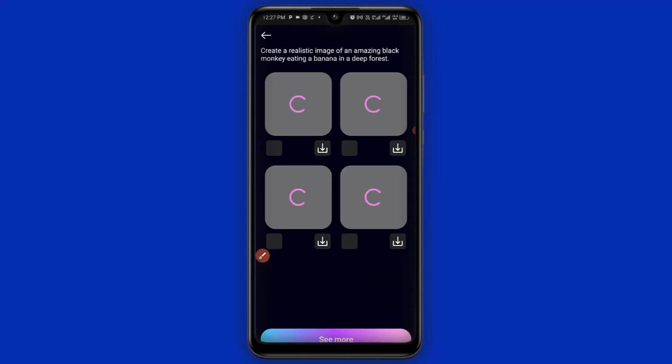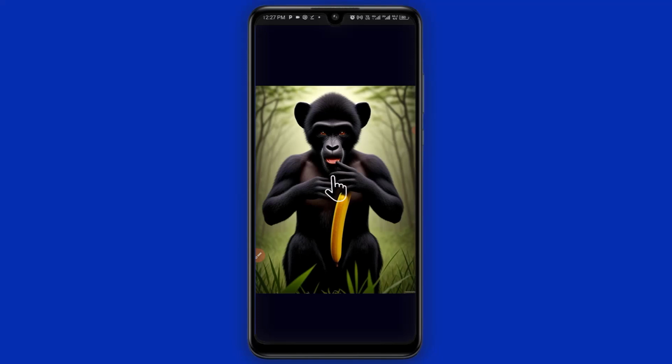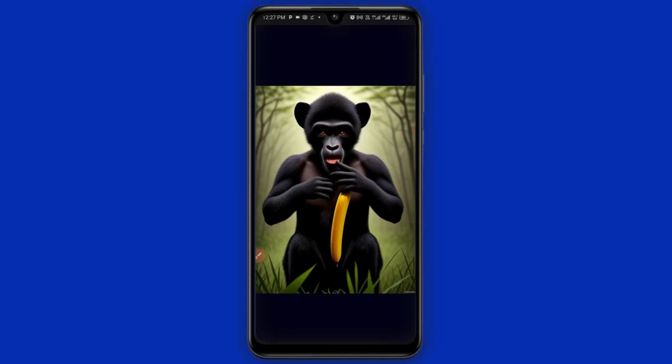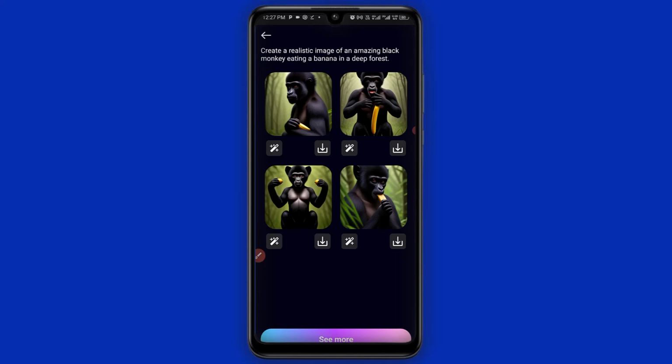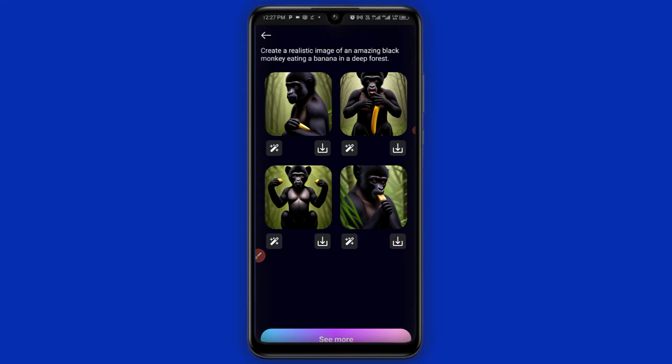So in a few seconds, it's going to generate 4 different options that we can simply download into our phone gallery. Okay, so you can see them right here. You can simply click on it and swipe this way and swipe this way. The style you choose will determine the result you are going to get. Okay, so that is that. Once you are satisfied, you simply click on the download button and it's going to download straight into your phone gallery. So let's take a look at another AI that you can use as a text to image generator